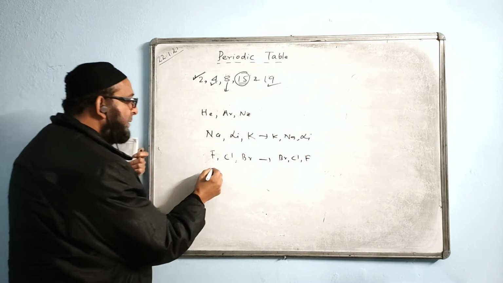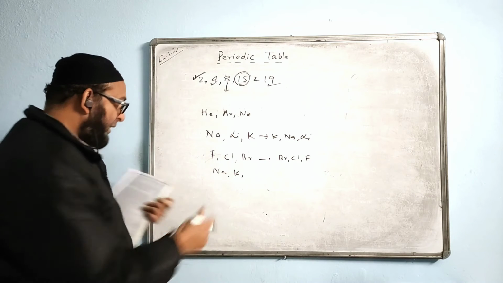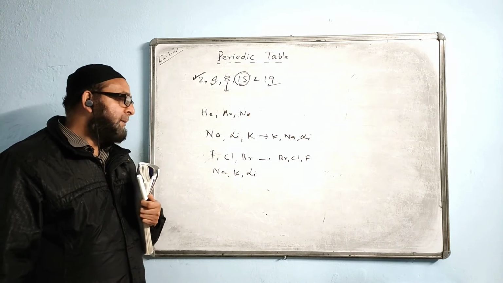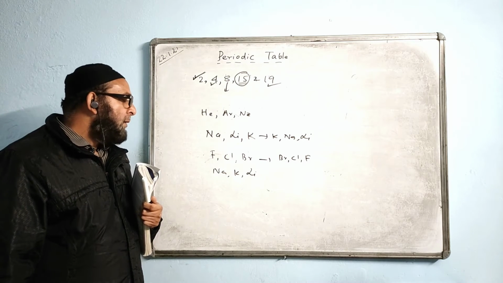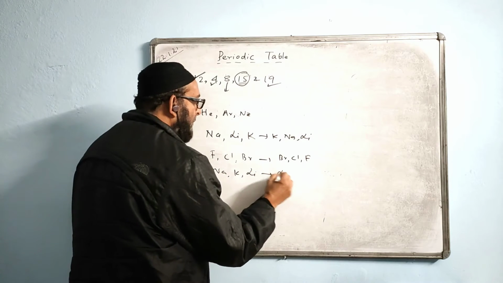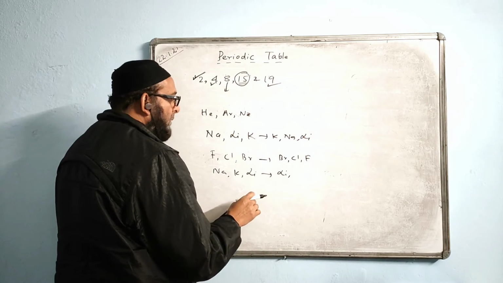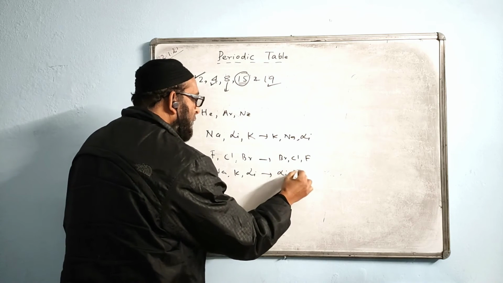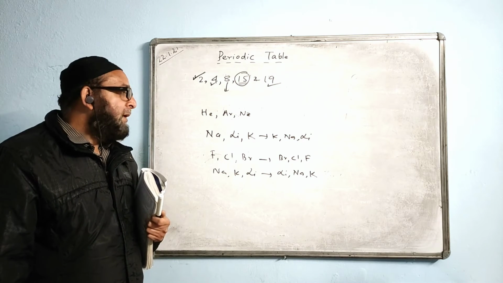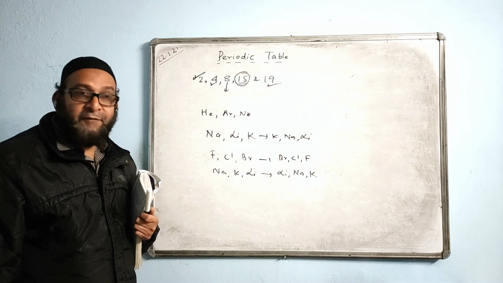Increasing atomic size, they have given sodium, potassium, and lithium. Increasing order: lithium, sodium, potassium. Yes, you know it. Lithium, sodium, and potassium, atomic size. Done. If they ask you to arrange in the increasing order of electron affinity, how do you arrange